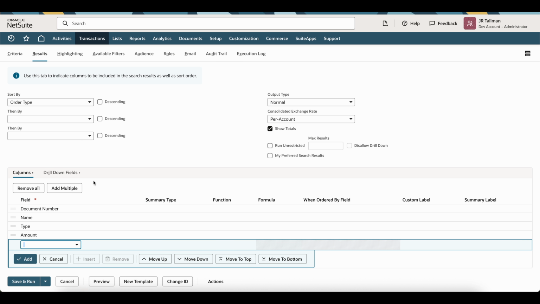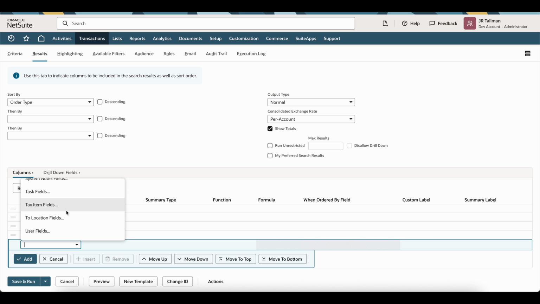Now, one thing to note on the results themselves, maybe you're trying to pull in something from another table. In this case, let's say there is a field on the customer record that's not directly on the invoice record. Let's say we want to pull in the terms that are set on the customer record, not on the invoice. What we're going to do is, on this dropdown, you're going to see all fields that you can add, but at the way bottom here, you're going to see fields that say vertical fields, vendor fields,